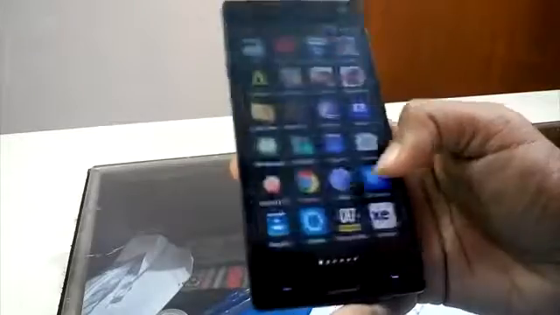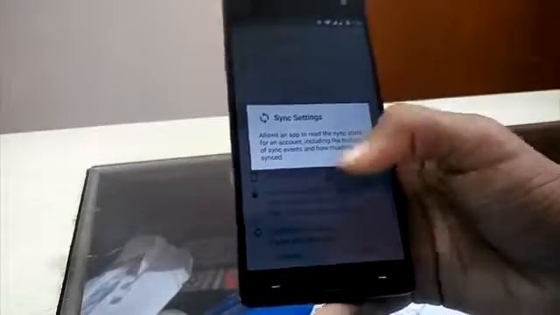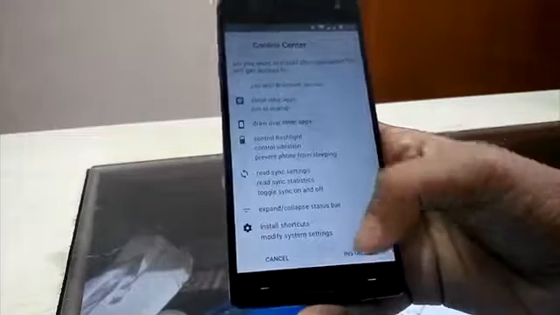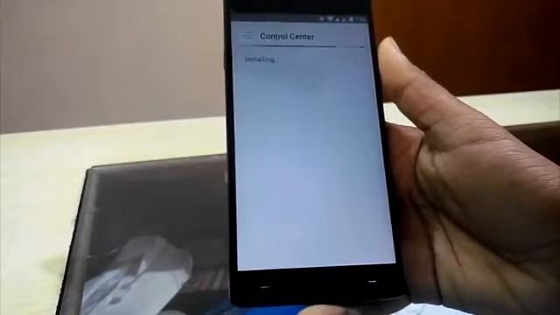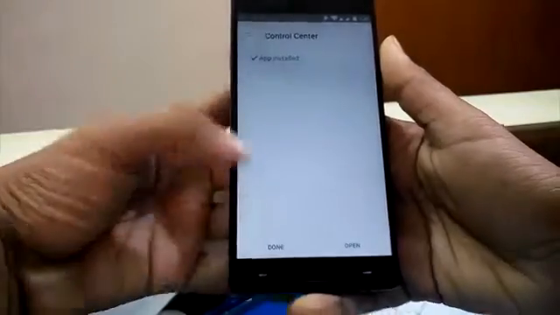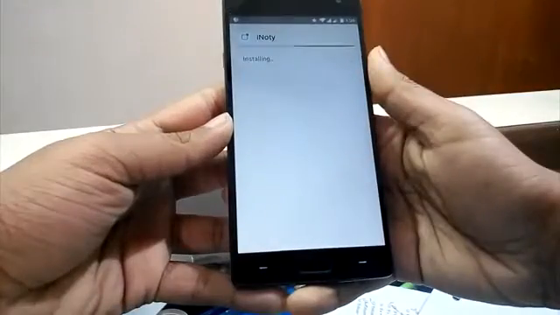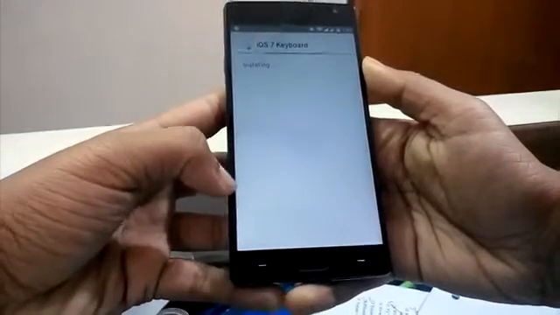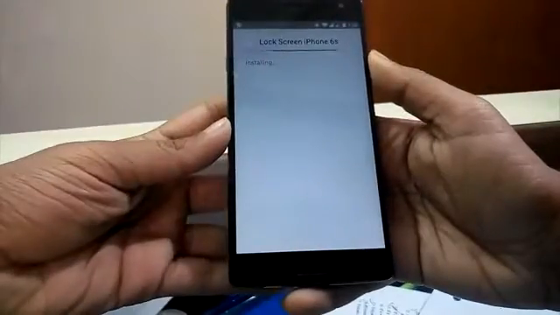And now you have to download a bunch of files. The link will be in the description below. There will be a folder available for you to download, so you'll get all the APK files over there. You might get an unknown sources error while installing. Go to settings, security, and check unknown sources, and install all the APK files you'll get in the folder below.